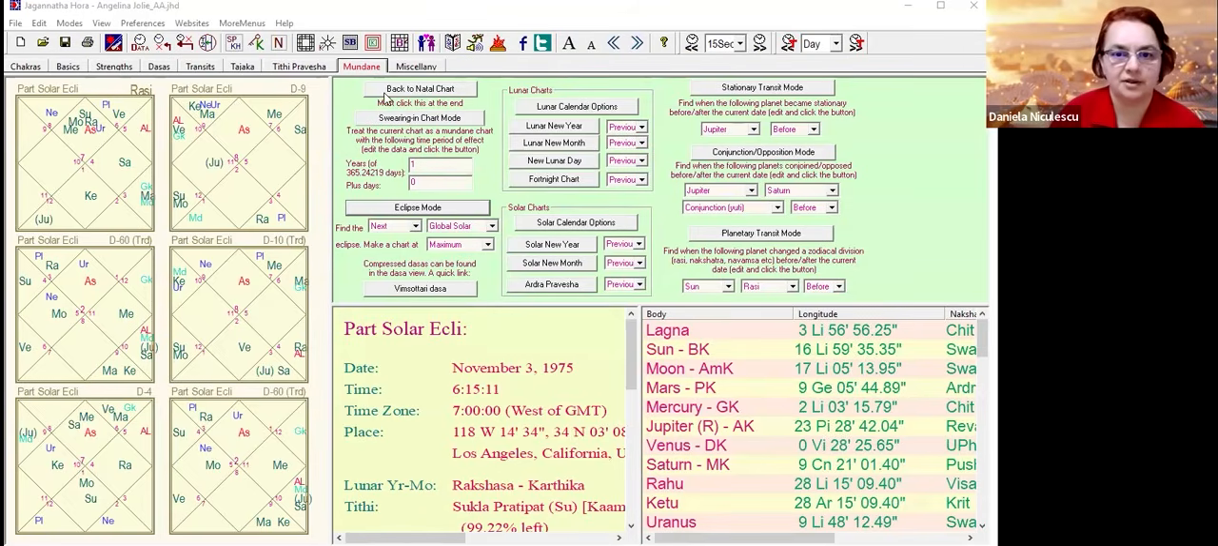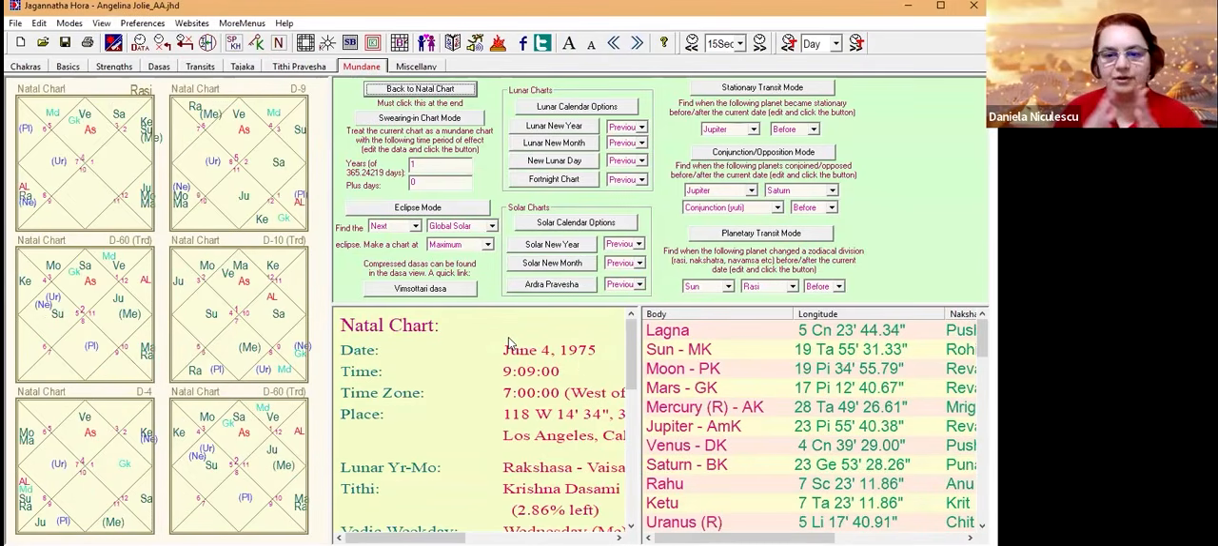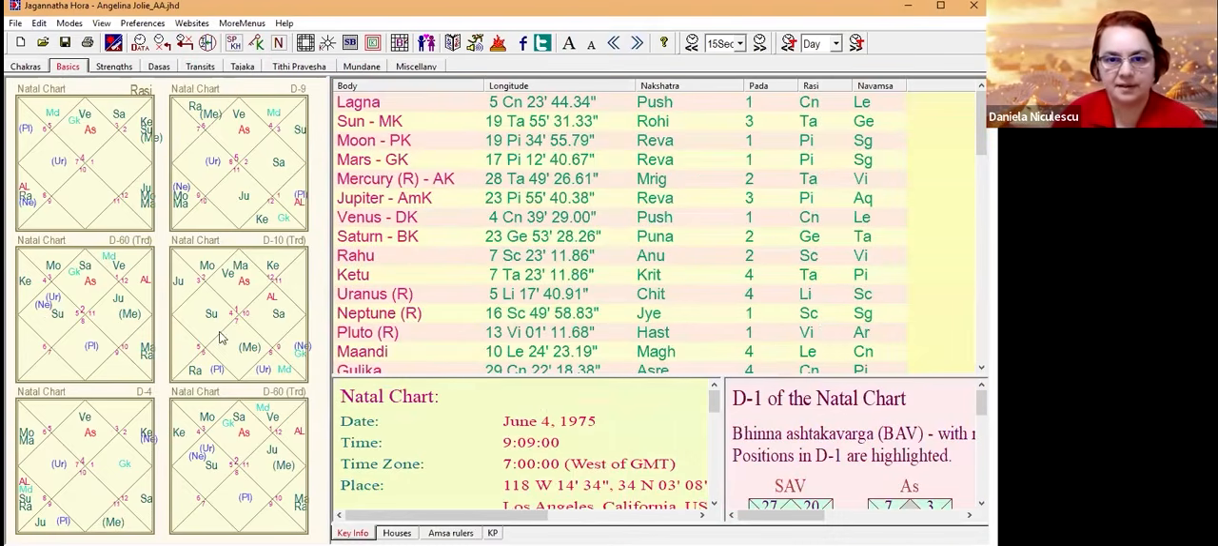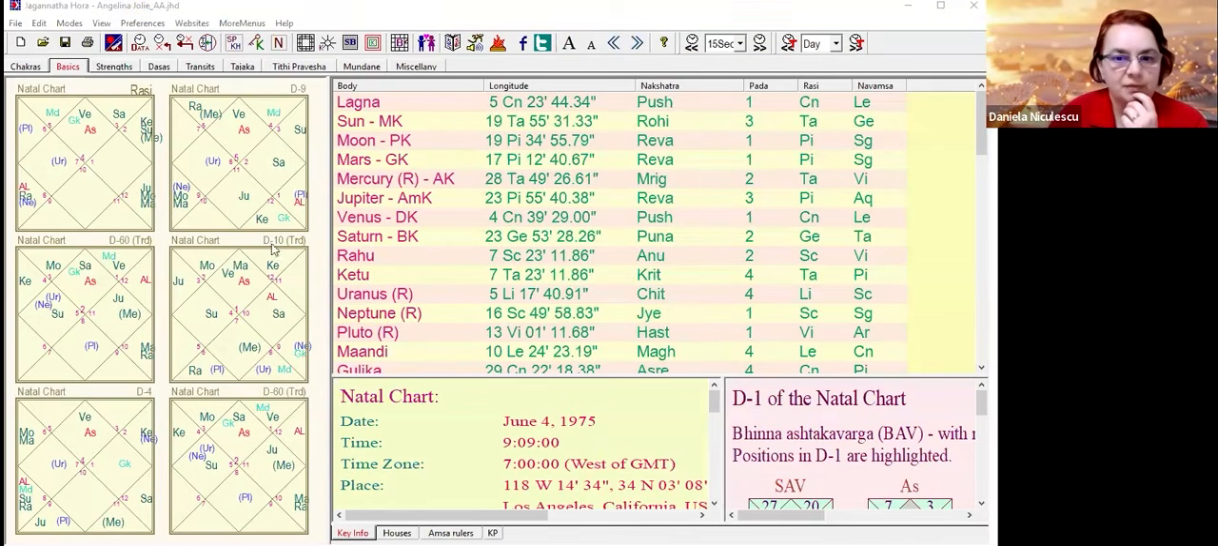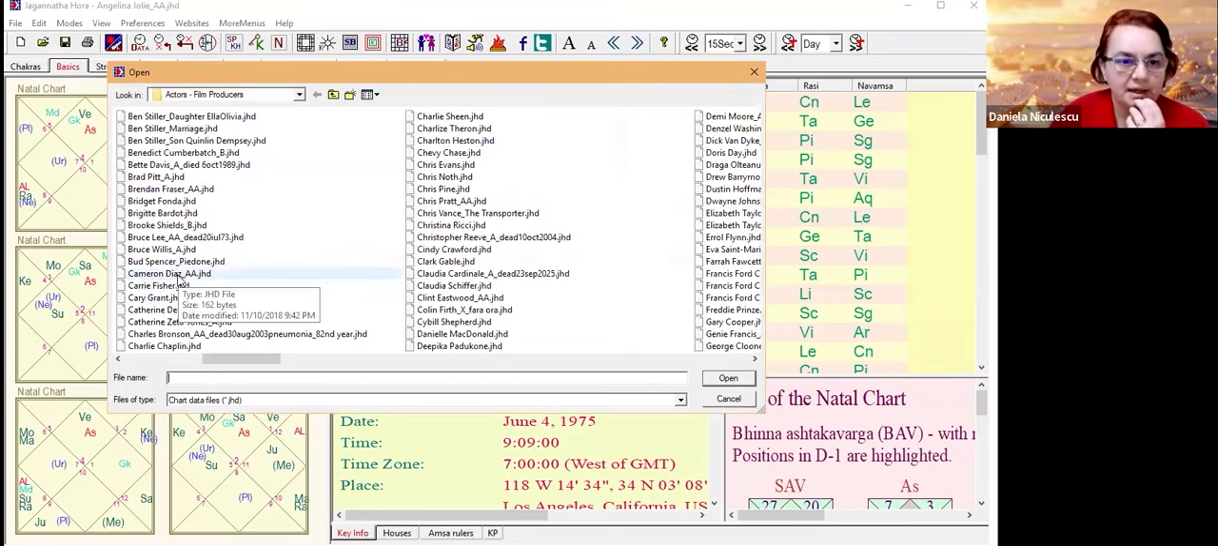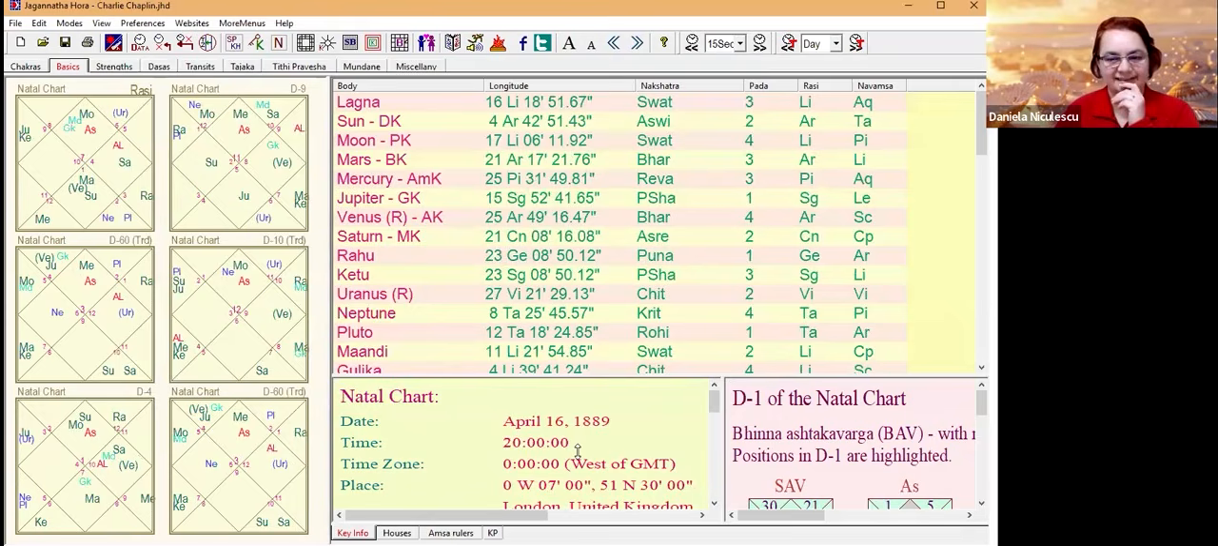So again, Angelina Jolie's chart, 4th of June, 1975. Let's go from the basics. This is the basic screen where Jagannath Hora opens for any chart you have already in your software. So you select the chart, whatever you want from here. Let's say somebody else. Let's say Charlie Chaplin, April 16th, 1889. And this is the basic